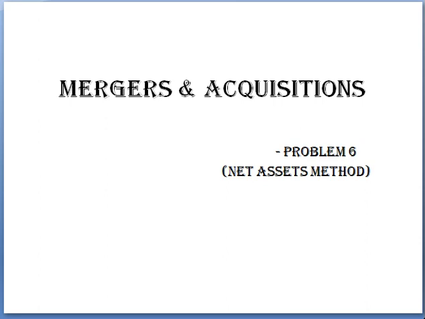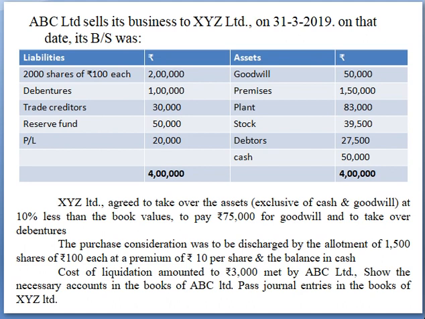Dear students, so far we have completed one method, that is the net payment method. Now this is the next method, that is we'll do the problems under the net assets method. Now see the question. ABC Limited sells its business to XYZ Limited, which means the selling company is ABC, that